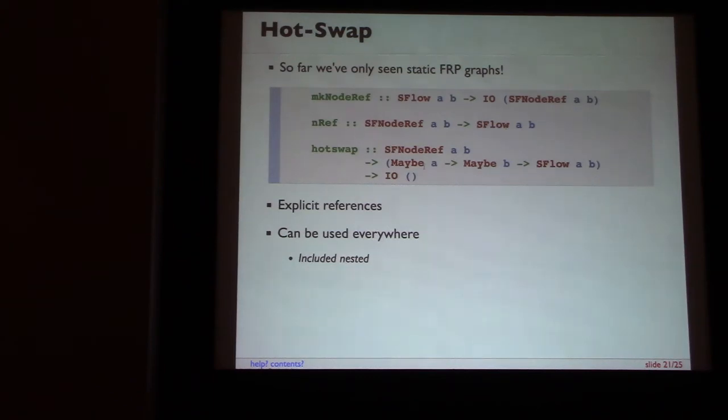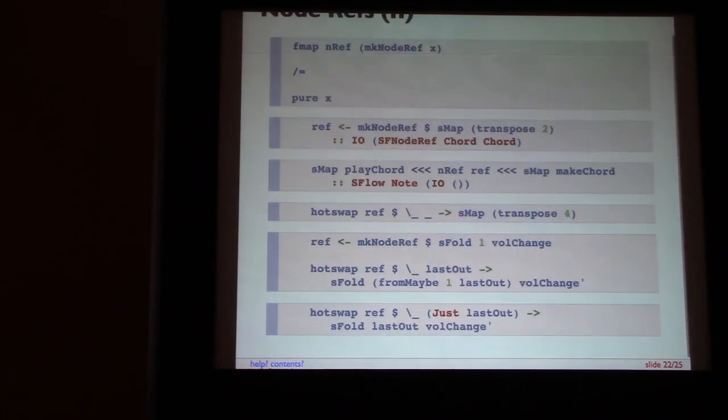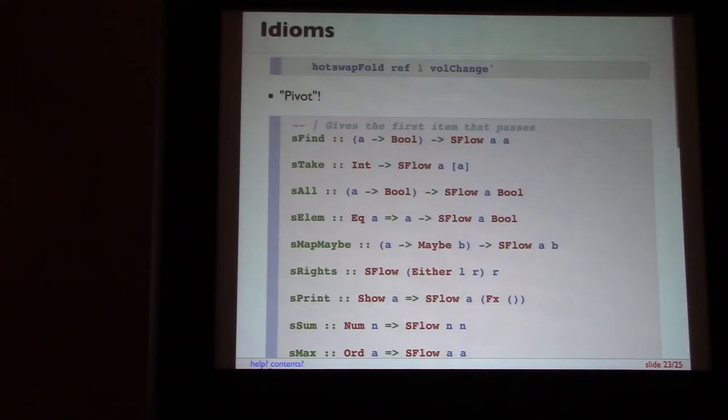Hot swap actually does that action. So I take a reference, I'm allowed to parameterize my update on the last fire, the last input and last output of the fire, and then I give the signal flow, and then it's an I/O action to update it. These can be nested, which is pretty crucial for live coding. So we can create coarser and finer granularity in our effort to update. I'm going to skip this for time.